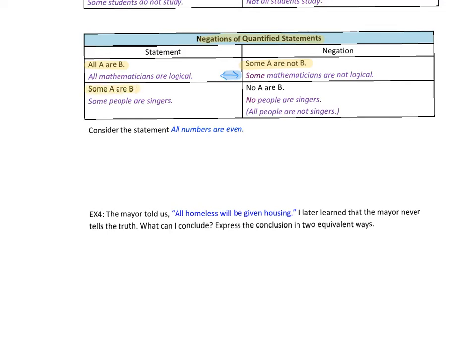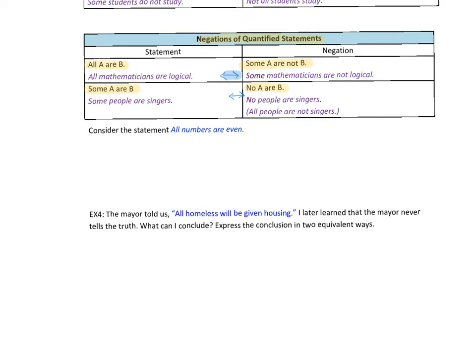Some A are B. Some people are singers. That means there's at least one person that is a singer. And I'm going to say, no, that's not true. You can't even find one, because no A are B, no people are singers. So notice that these do negate each other. You could say this as all people are not singers. That's acceptable as well. Typically, when you're asked to negate a quantified statement in your MyLab homework, you'll have to begin with some, all,